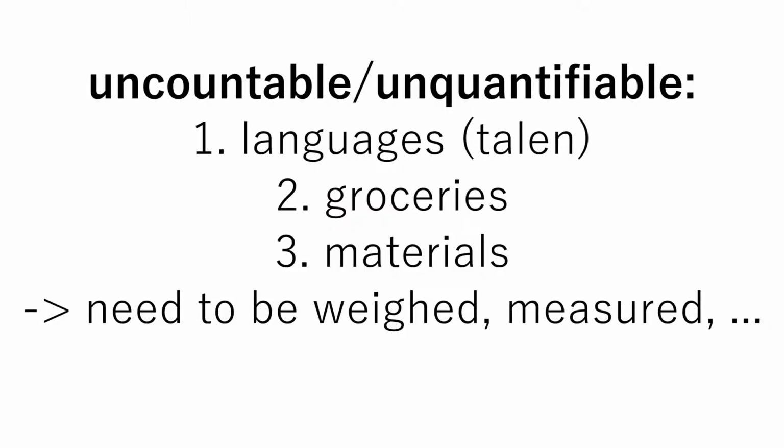So things like that. And the last category is materials. So things like plastiek, olie, metaal, zilver, etc. All of these materials are also uncountable, not quantifiable. They need to be weighed out or measured out or whatever in order for them to be able to be quantified. Okay? Good. So now that we've established that, I just wanted to give you some exemplary sentences for you to get a better grasp of when you would use one or when you would use the other.